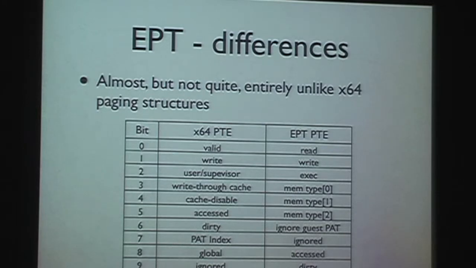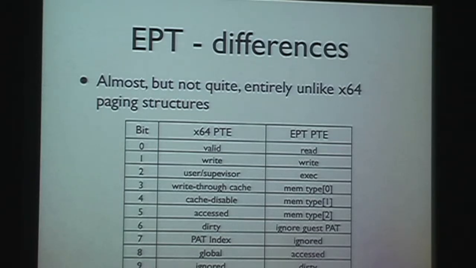So when Intel designed EPT, it's sort of like they realized that they'd made a lot of mistakes when they did the first version of PTEs, and they wanted to fix them. So in a way, EPTs are very much like if you wanted to design page tables today rather than for the 386 processor. So they gratuitously changed a number of bits. You can see here